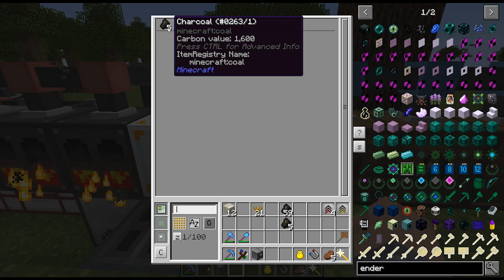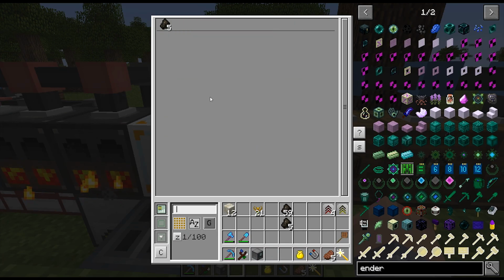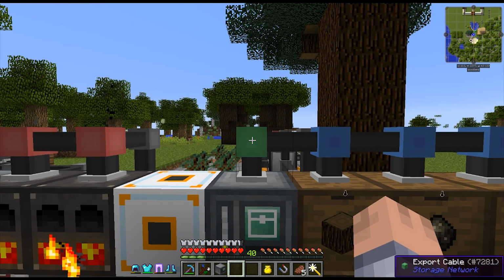It's gonna supply 5 charcoal and stop. So you can actually tell it how much to keep in there. And if I take these 5 out, it's gonna bring 5 over again. And you see it brings 4 at a time. So it's quite slow, right? Well,